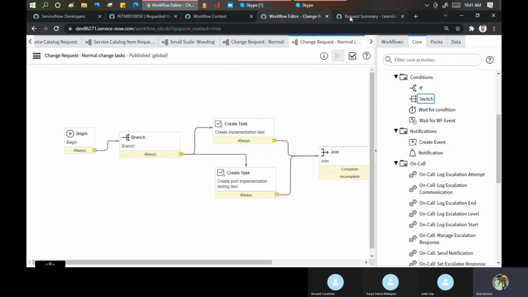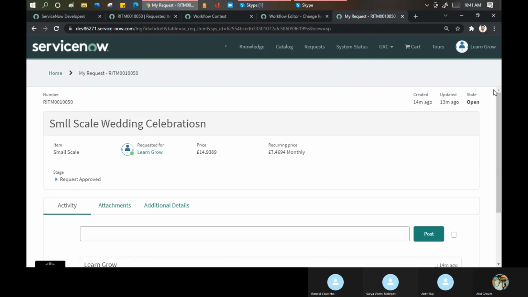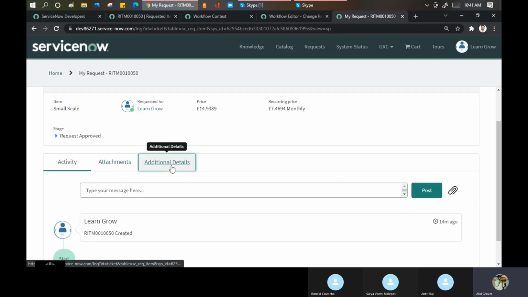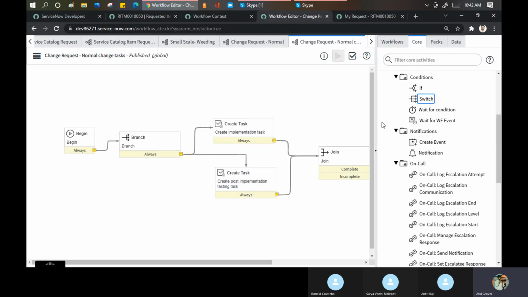And now if I say let's go here. Like here, if I go on the variable part, if I have here, I can see. Yeah, okay. So maybe I can say switch. If KTLO is selected, then what should be the action? If something else is selected, then what will be the answer? So you can use a switch option here. If or switch, you can do it. If it is basically yes or no, use if; switch for the multiple things you can do. Branch means multiple fields are opening, but at last it will conclude at one place.